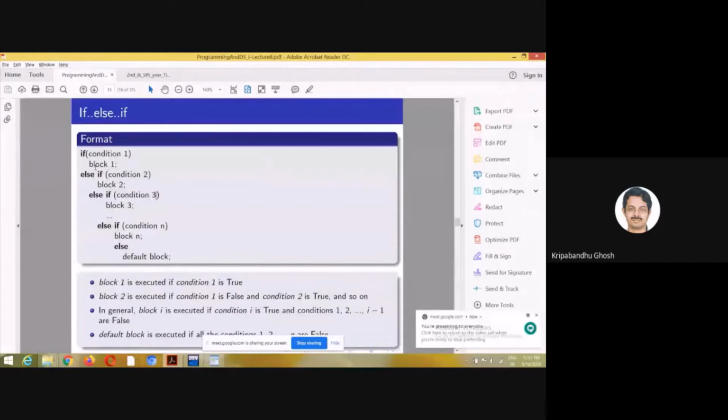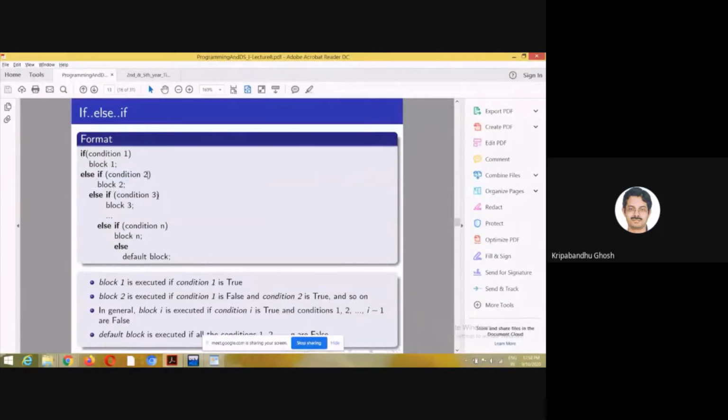I was talking about the if else if construct. It is like this: if, else if, and there is an else at the end. If condition 1 is true, then block 1 will be executed. But if it is false, then the control will come to the else if part. Then condition 2 will be checked. If it is true, block 2 will be executed. Otherwise, it will come to condition 3.